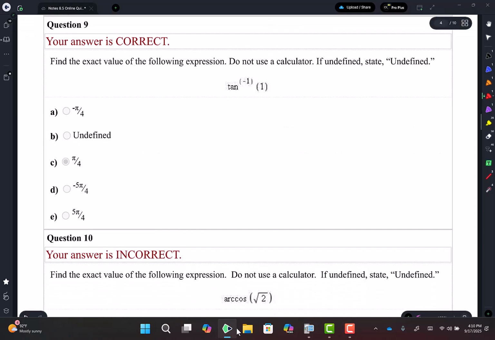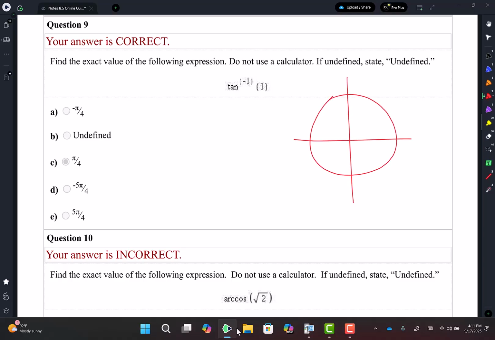I know. All right, question 9. Find the exact value for arctan of 1. So here's my unit circle. Tan will give you all the values between negative pi over 2 and pi over 2. Or is it between 0 and pi? I'm trying to remember. No. Tan is y divided by x. Yeah, that's correct. All right, so where is it 1? It happens right smack there. That angle, remember, because that coordinate is square root of 2 over 2, comma, square root of 2 over 2. So that angle is pi over